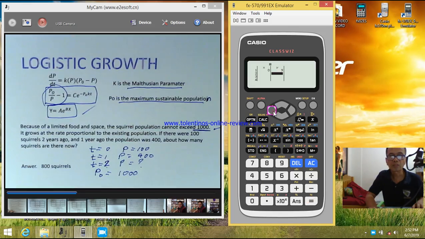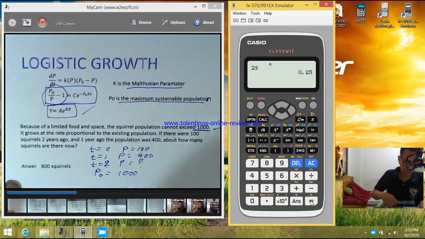Okay, and then after 1 year you have to compute the same thing: 1,000 divided by 400 minus 1. Okay, you now have a logistic model. Just enter clear. And then after 2 years just enter 2, shift 1, and then options, and then find that regression number 4, find that 5. Okay, so your 2 y hat